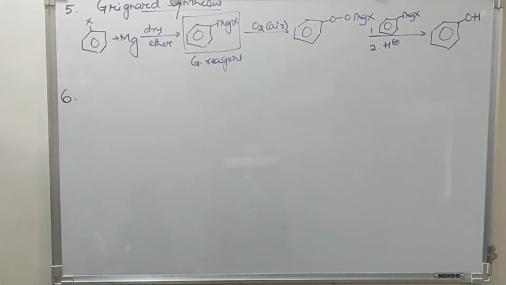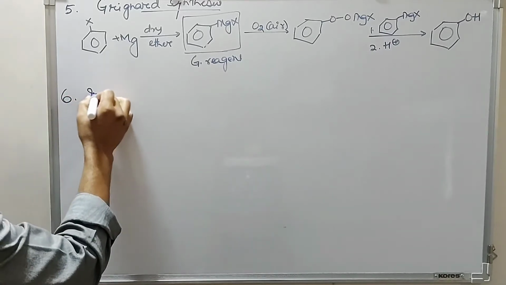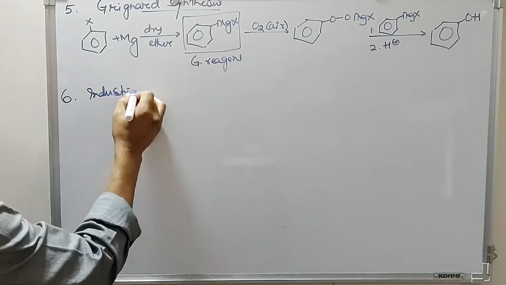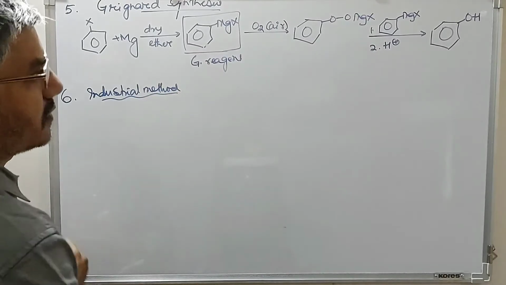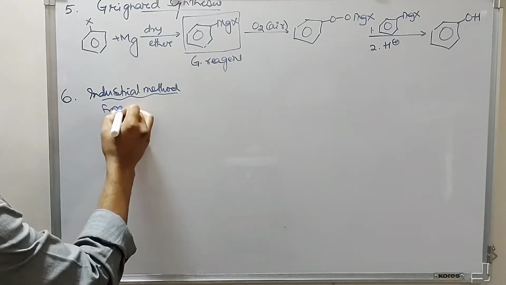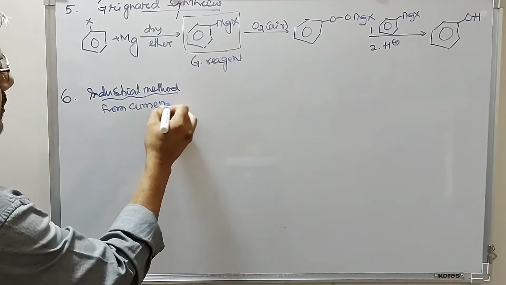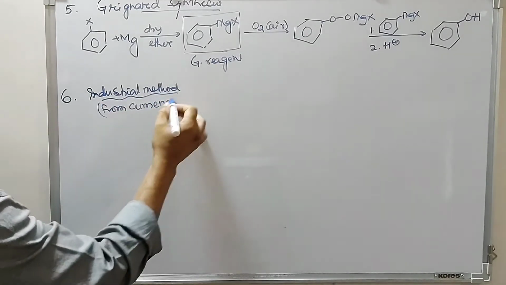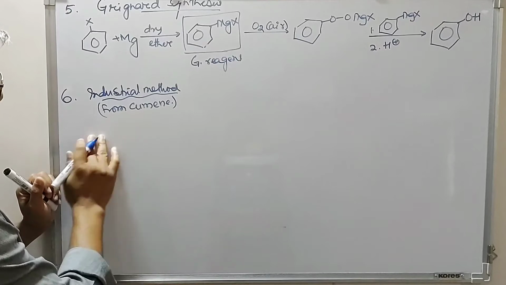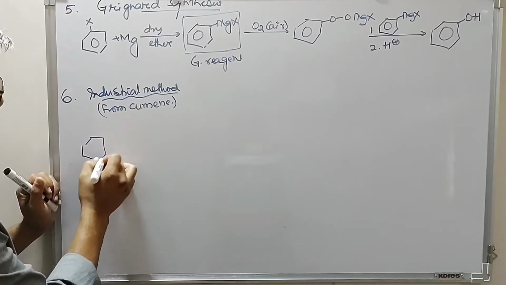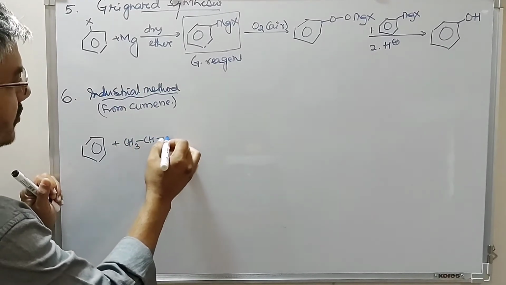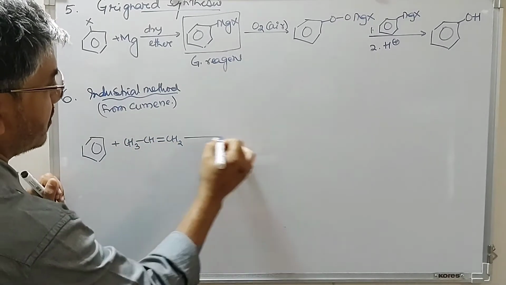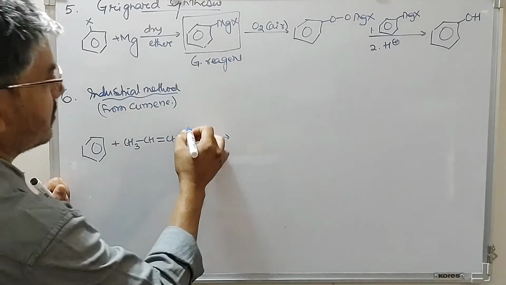Next, that is from cumene, that is the commercial method, the industrial method. So the starting compound is cumene here, but we can start from benzene. Benzene reacts with propene in presence of